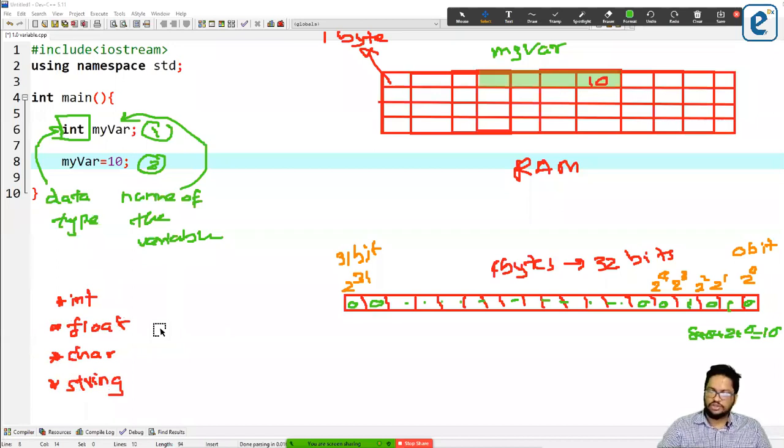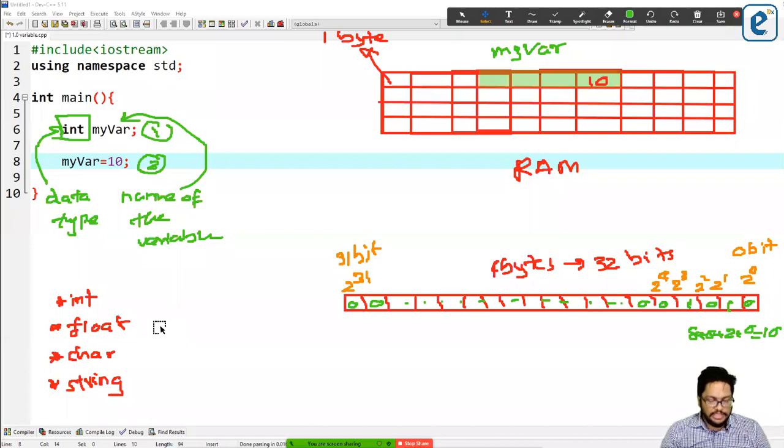Variables are used to save values. If we want to store a value somewhere in our program, in our code, we have to use variables.